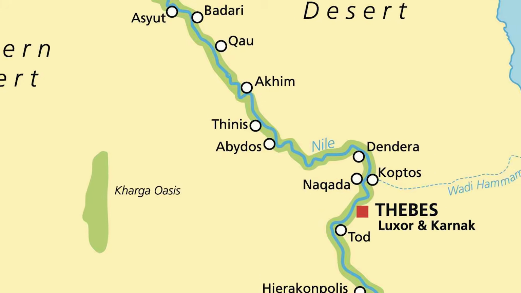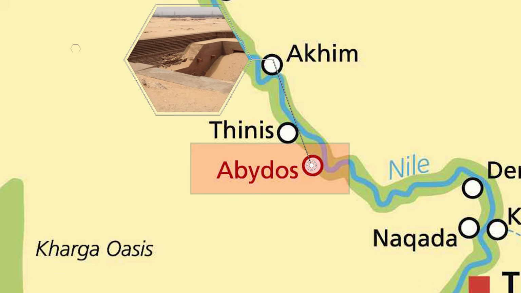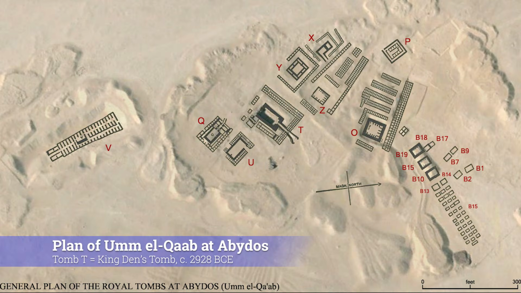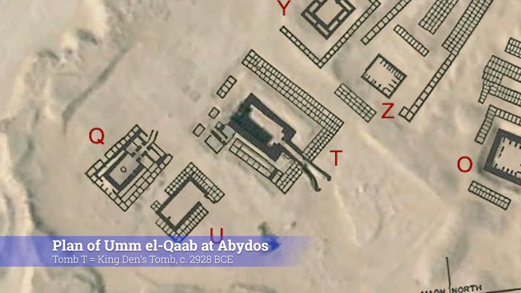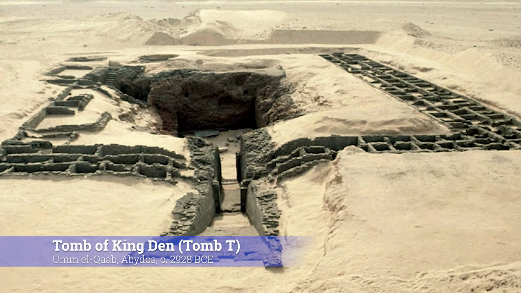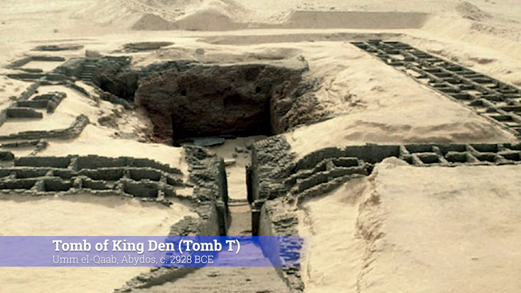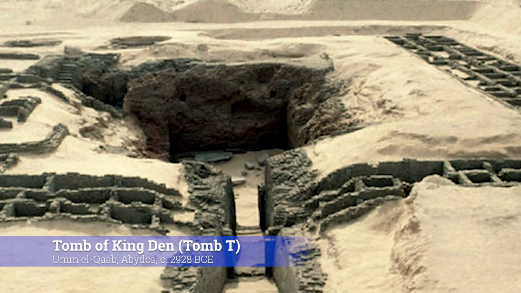The tomb of King Den is located at the site of El Gab, near the town of Abydos in Upper Egypt. It's one of the largest tombs in the area, and it consists of a large underground chamber with stairs leading down inside of it. Inside the tomb, we get the first ever example of high-quality red and black granite, taken from Aswan in the far south and used to pave the burial chamber.